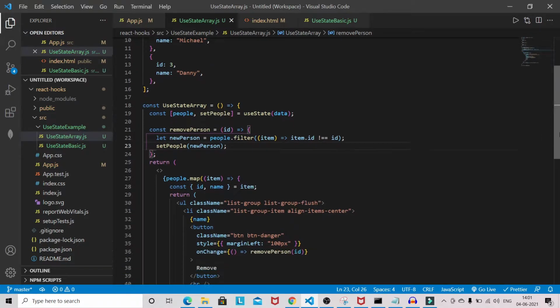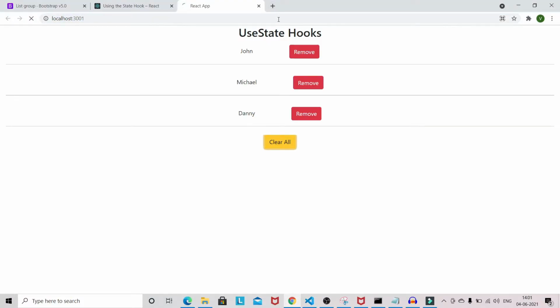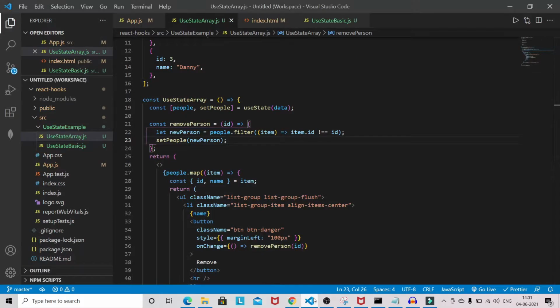So let's see whether it's working or not. I will refresh again, and it's not working. Let me see what's going on, what the issue is.